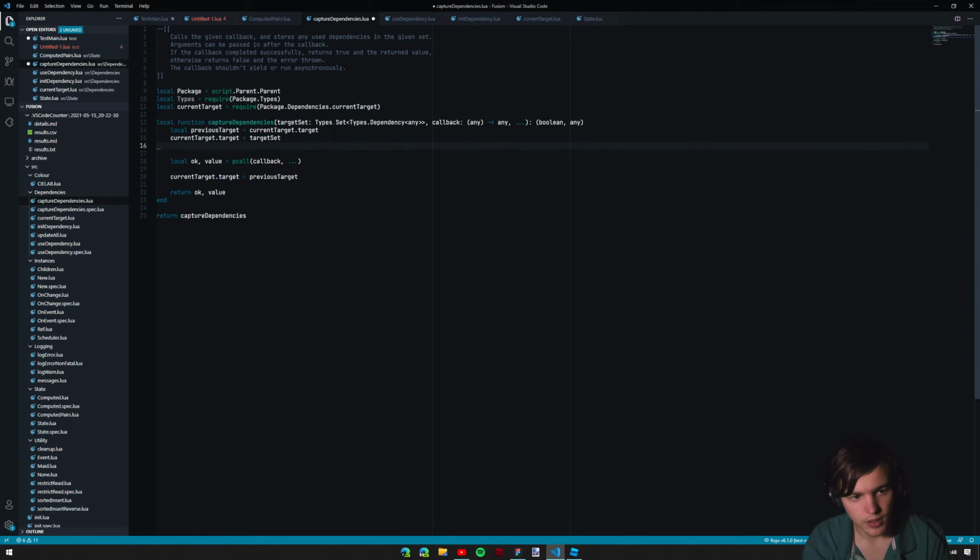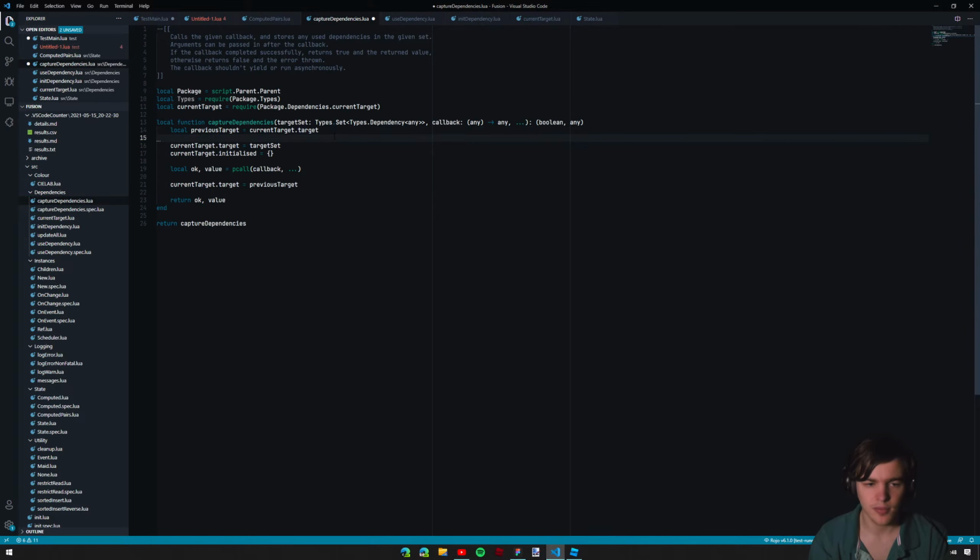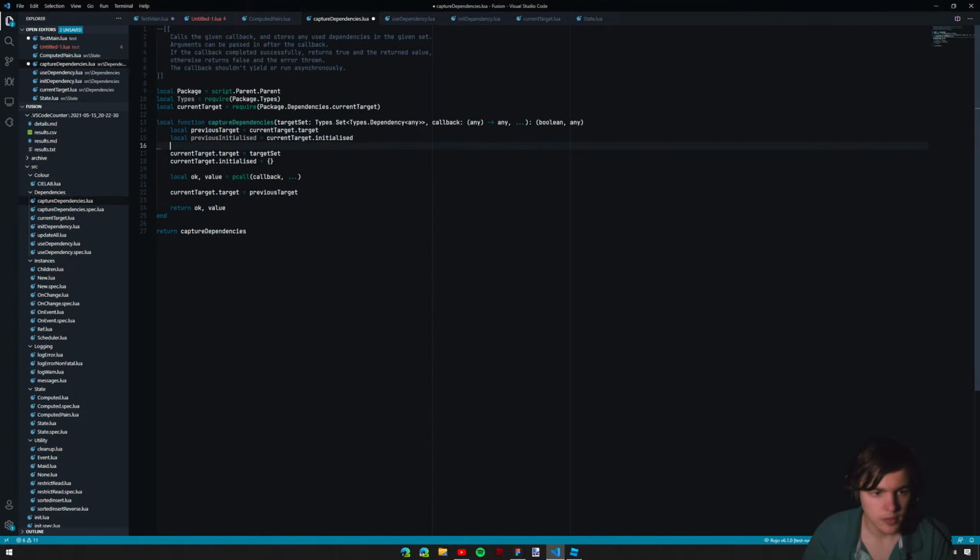Current target dot initialized equals a new table. I don't like the fact that I'm creating a new table there, but oh well. It will have to do. Local previous initialized equals current target dot initialized. The thing is, I can't use the index method on that because